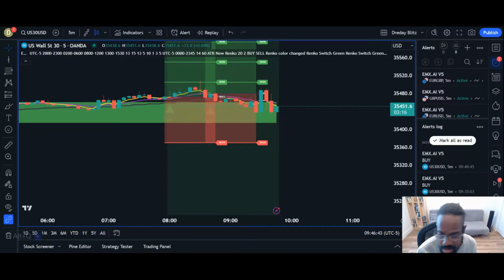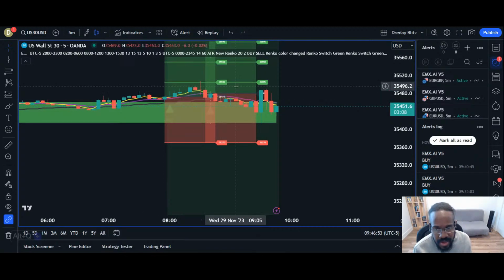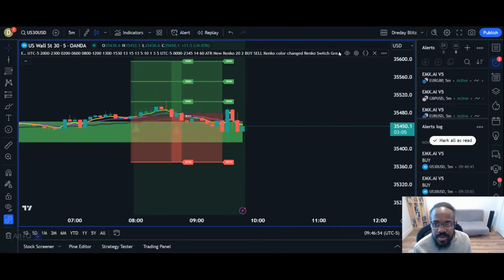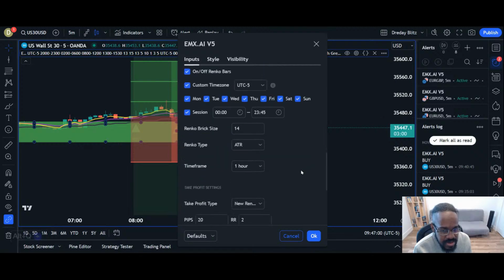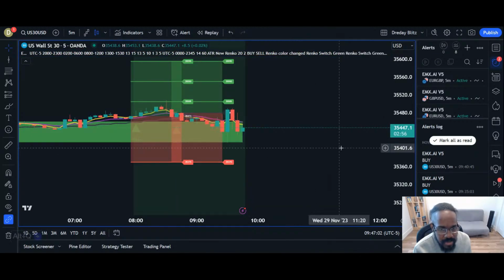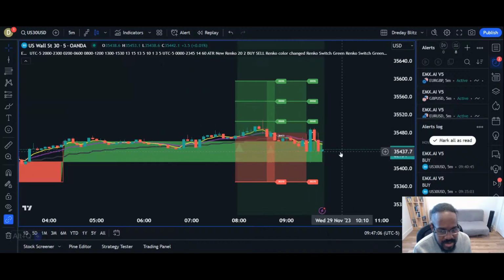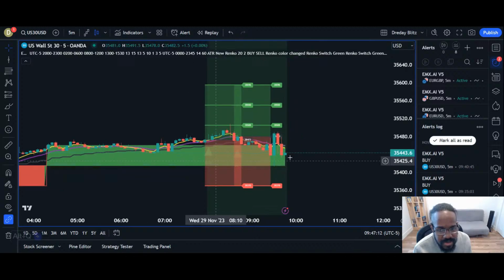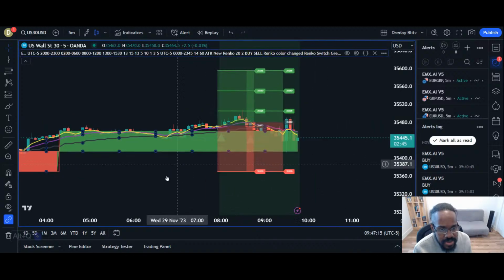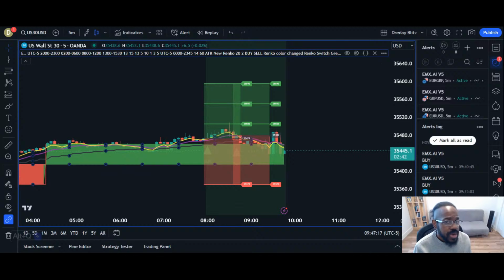All right, perfect. So, like I said, the US 30, we had a bullish indicator. So I'm just gonna double check the settings here. We're good to go. Yep. Perfect. So we're gonna wait it out. But like I said, for the Renko bars, that will plot your TPs and everything like that, you could